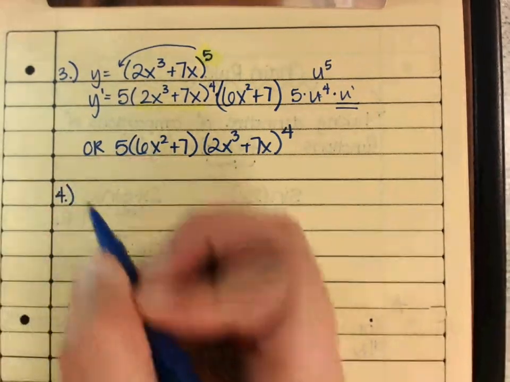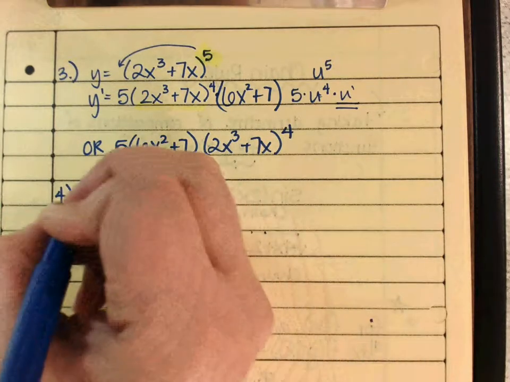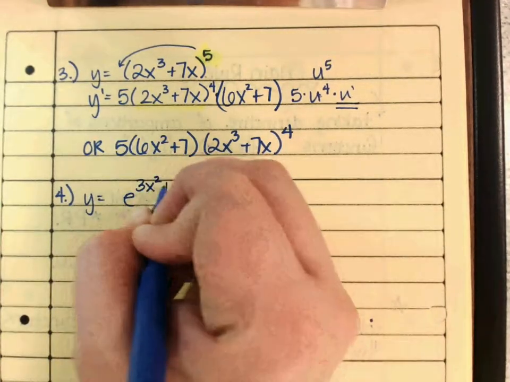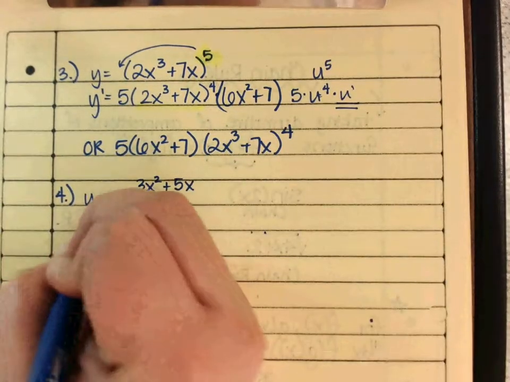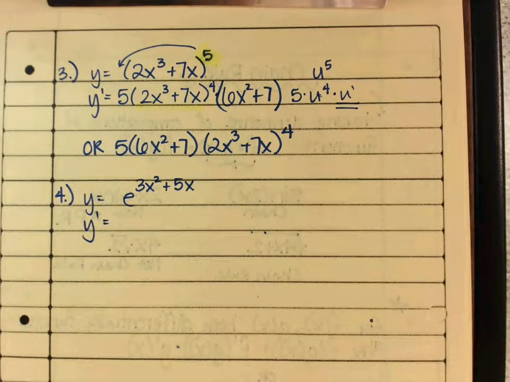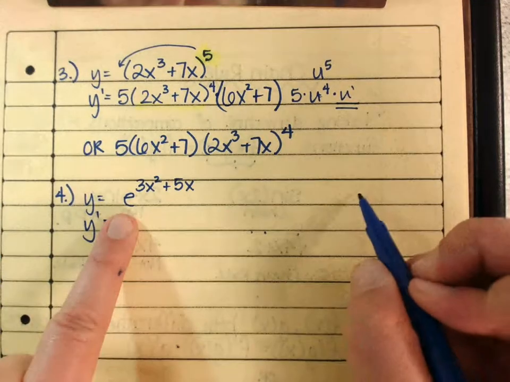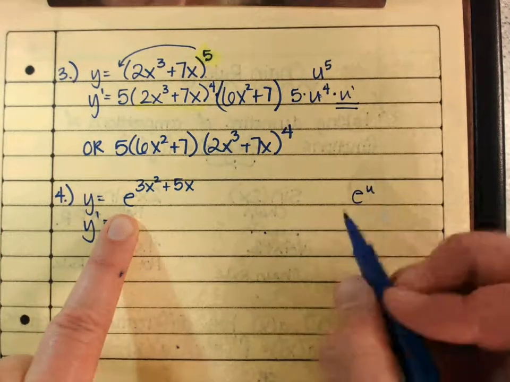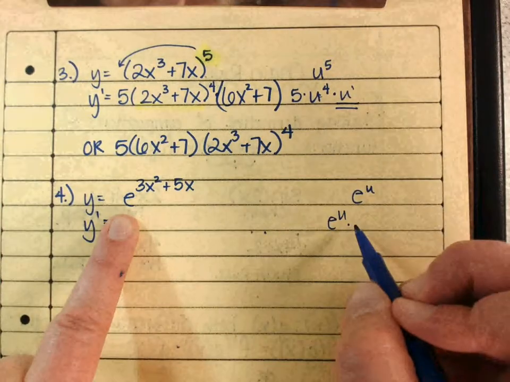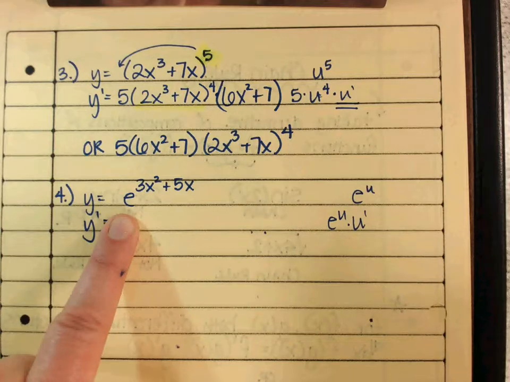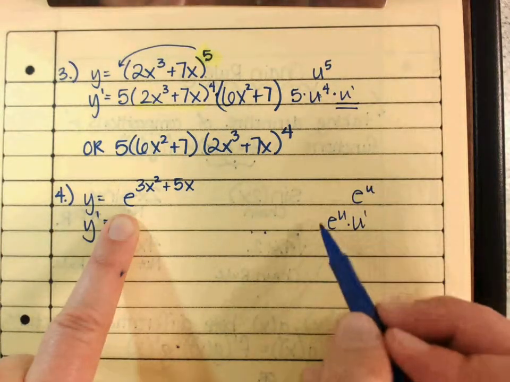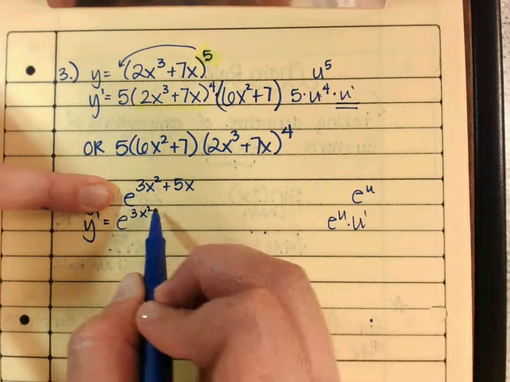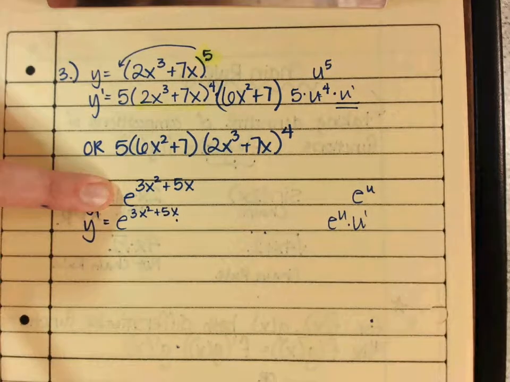I'm going to give you some to practice here in a minute. That's why I'm not going super slow. Okay, so y equals e to the 3x squared plus 5x. Okay, let's write our chain rule version. So if this is e to the u, this is just kind of scratch work over here. What's the derivative of e to the u? e to the u times what? u prime, right? So the derivative of e to the u would be e to the u times u prime. So come back over here, it'd be e to the 3x squared plus 5x times, and then if my u is just the little exponent,